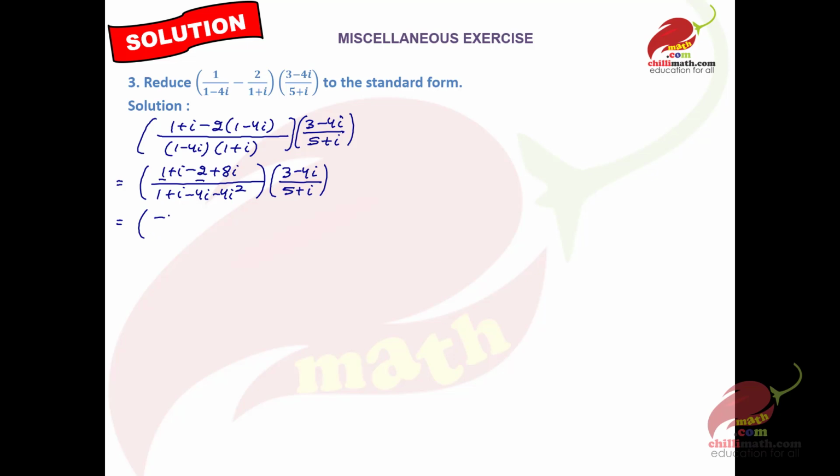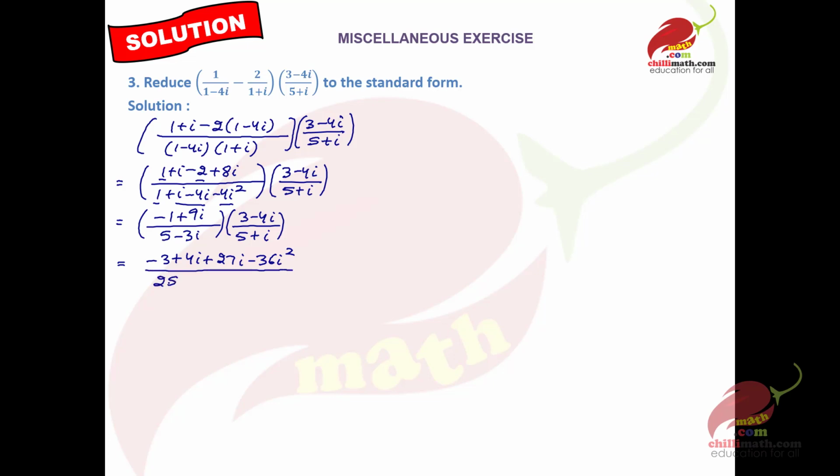1 minus 2 is minus 1, 8 iota plus iota is 9 iota over 1 plus 4 is 5, minus 3 iota, into 3 minus 4 iota over 5 plus iota. Now let's multiply numerator with numerator and denominator with denominator. We get minus 3 plus 4 iota plus 27 iota minus 36 iota square